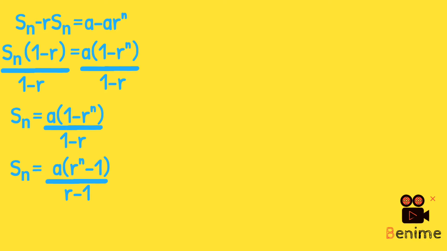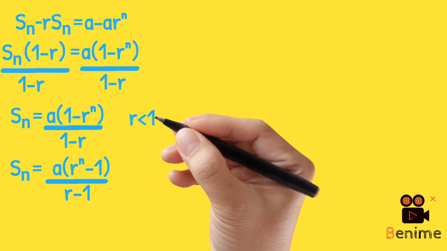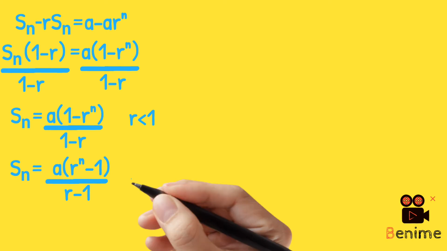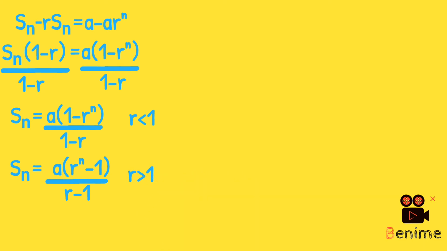So what I'm saying is that Sn is equal to a open bracket 1 minus r raised to the power of n close bracket all over 1 minus r. You use it when r is less than 1. Then Sn is equal to a open bracket r raised to the power of n minus 1 close bracket all over r minus 1. You use it when r is greater than 1. So those are the formulas for the sum of a GP. So that's the formula. So let's